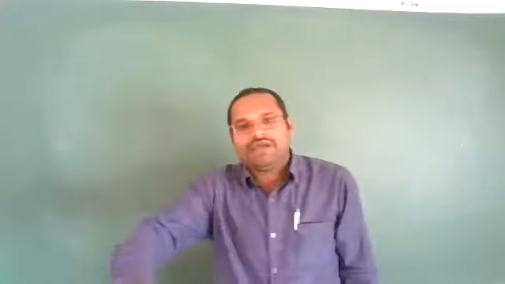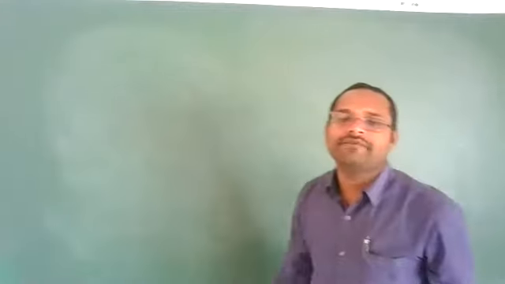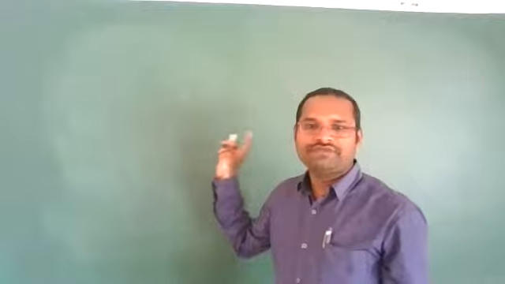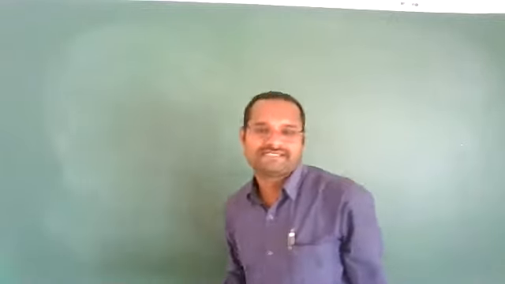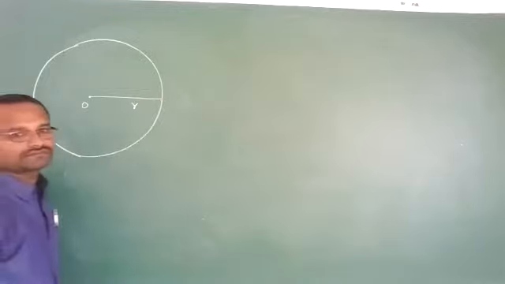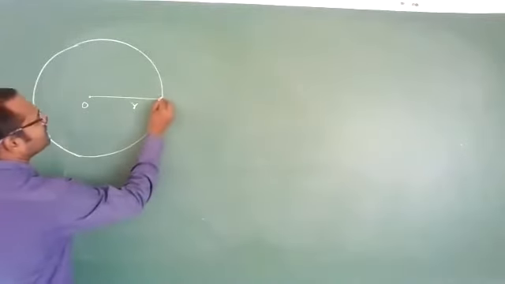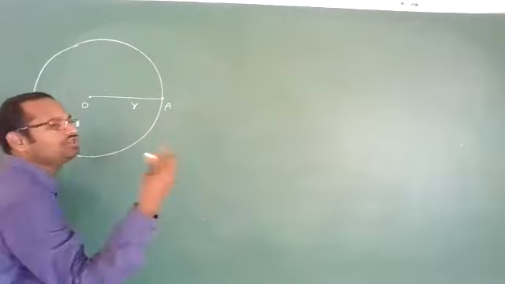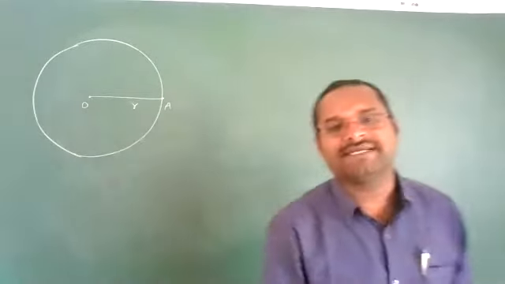Listen carefully. In your materials they have given it with geometry, so I am going to discuss this one with geometry, that is, with vectors. Be careful. Let us imagine this is a circular path. In this circular path, this is the center, and let us imagine this is the radius vector. Now, let us suppose that the particle is at point A. Initially, at time t equal to 0, the particle is at point A.